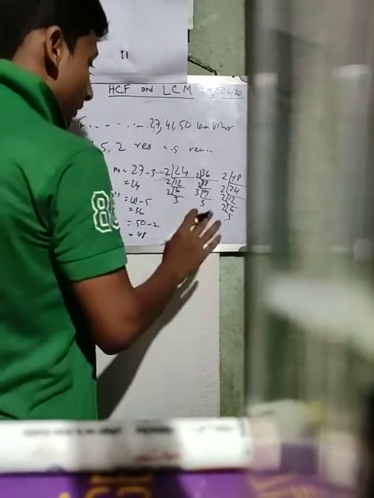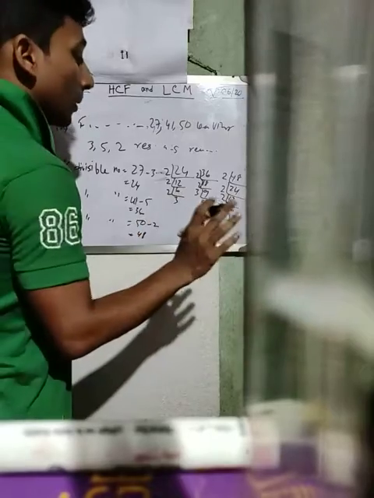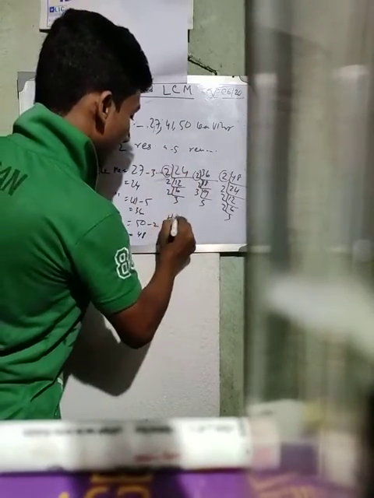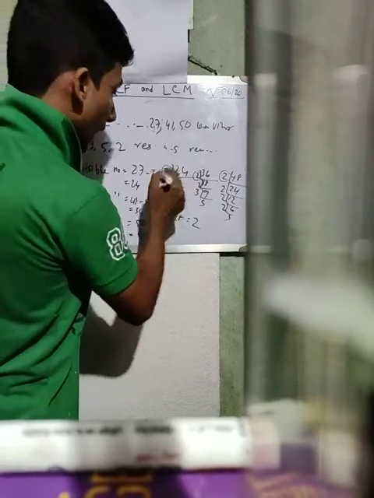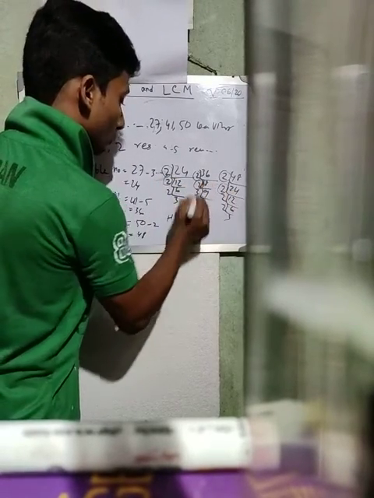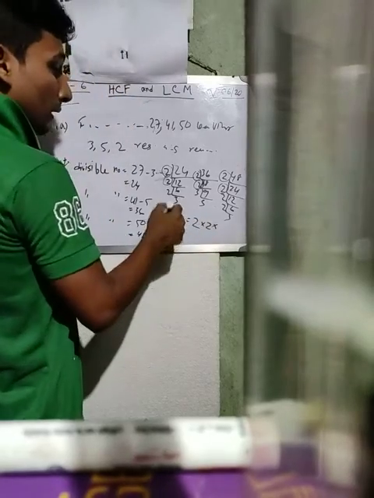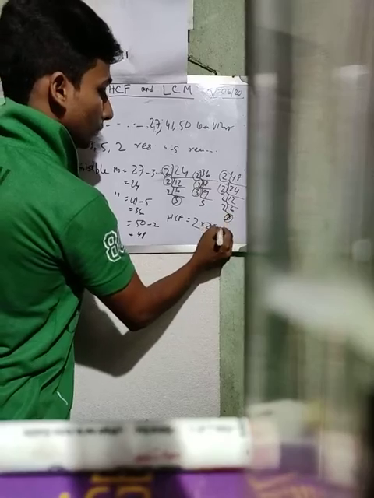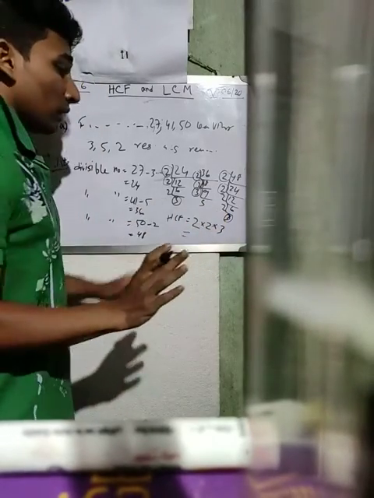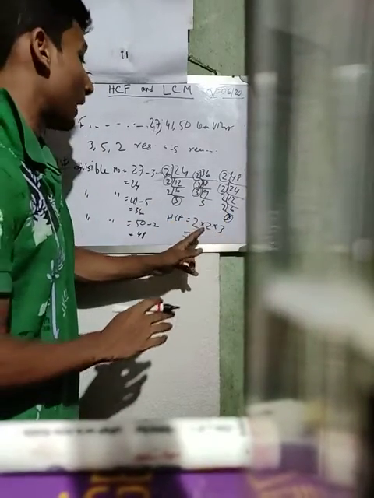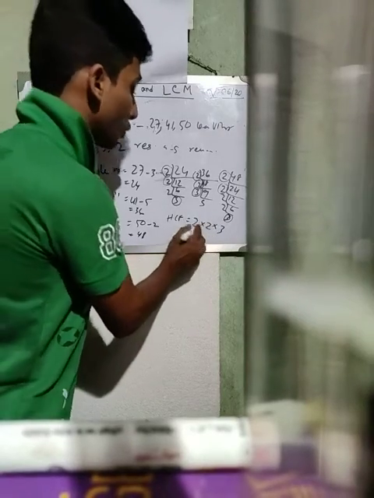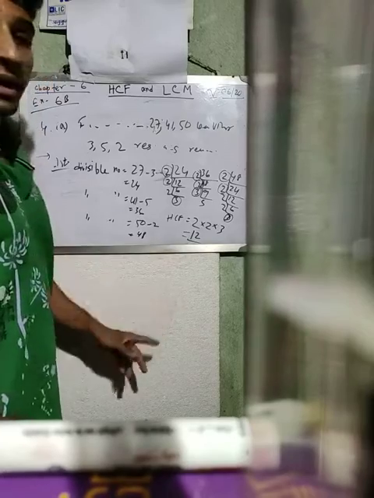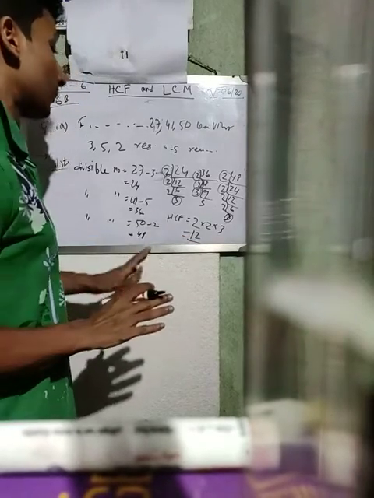Okay. Now here I am finding the common factors. 2, 2, 2. So I am writing the HCF. 2, again 2. Next 3, 3, 3. So common is 2, 2 and 3. So multiply 2 into 2 into 3. 2 times 2 is 4, 4 times 3 is 12. So this is our required result. This is the HCF.